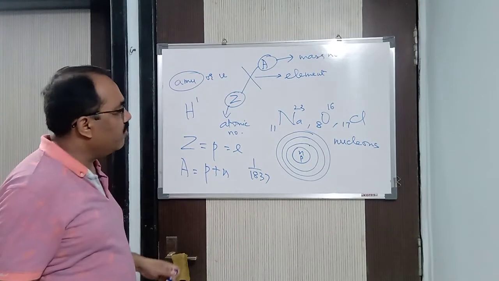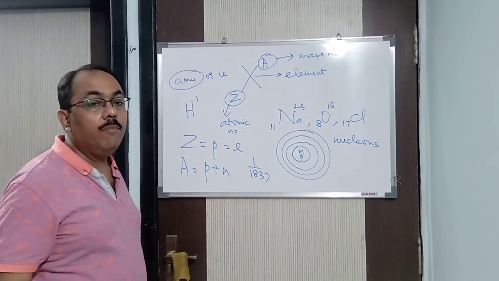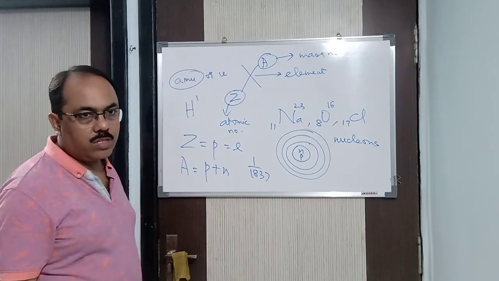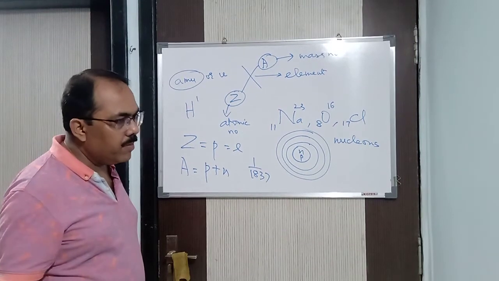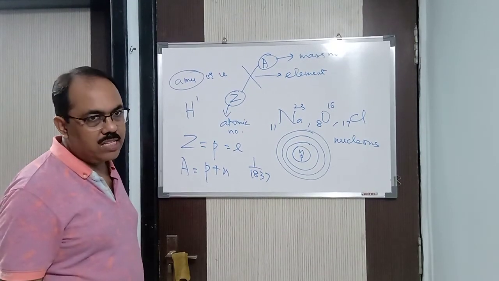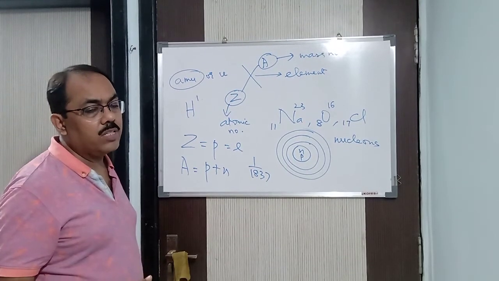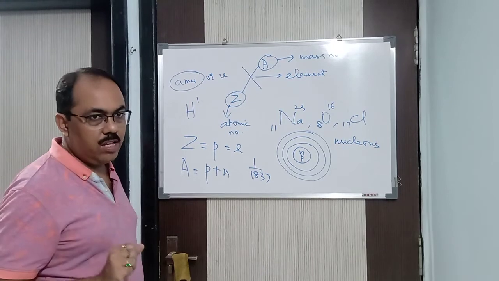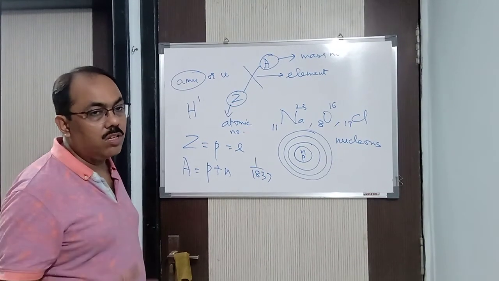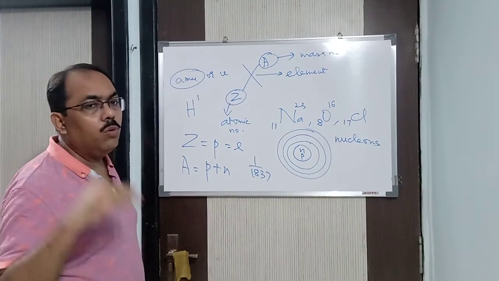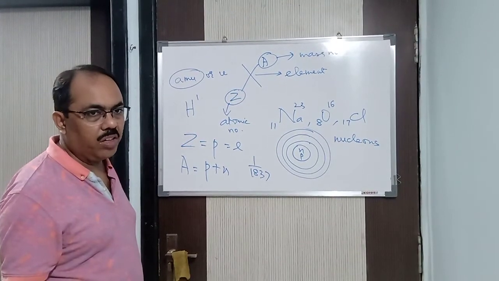But what you find is that later on we convert the AMU into grams. We convert it and we measure the weight, which I told you in the previous chapter. I told you that atomic weight measured in grams is called gram atomic weight. When molecular weight is measured in grams, it is called gram molecular weight. I've told you how we convert the AMU into grams. Alright.